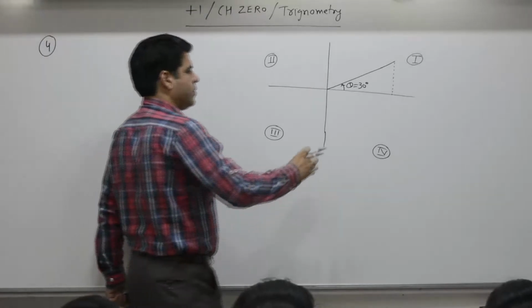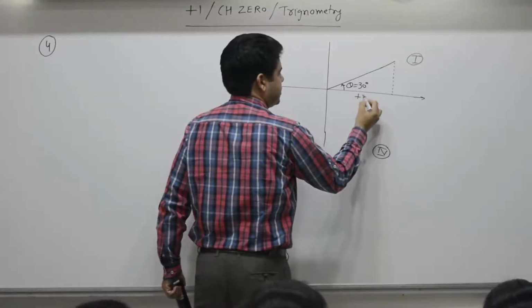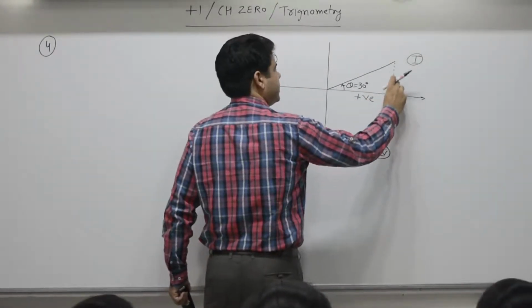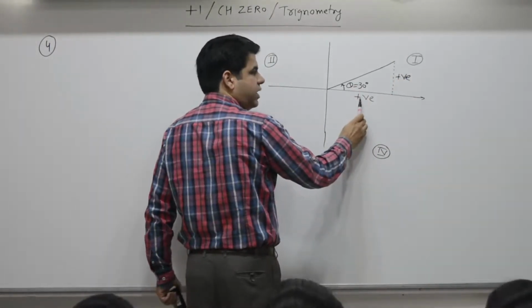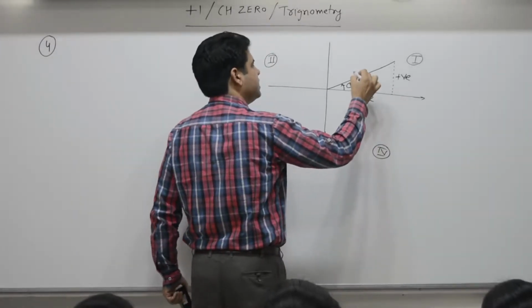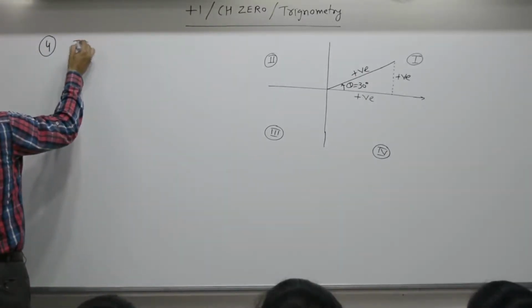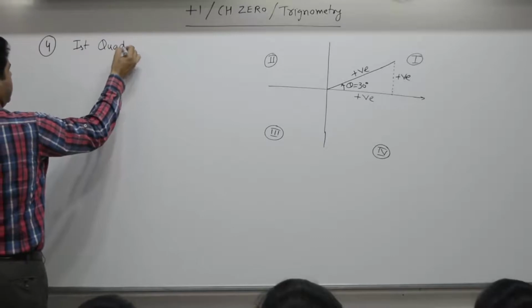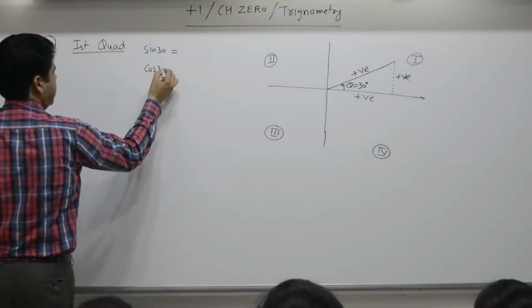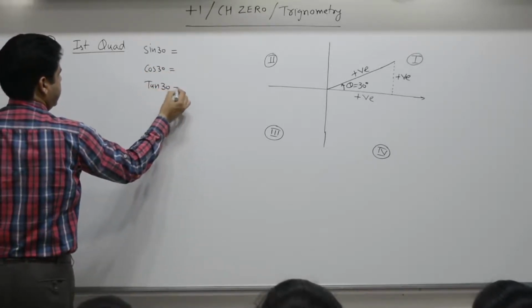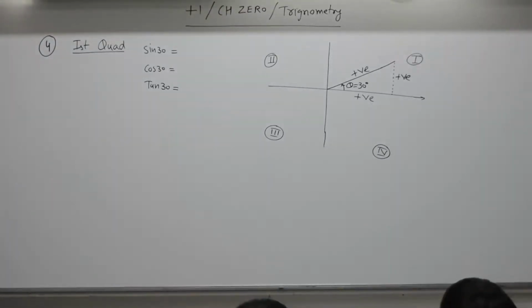If it is 30 degree, then this is the positive x-axis, am I right? This is positive. From this point onwards, it is upwards, it is also positive. This is always positive. This square, positive square plus a positive square, under root, is positive. So, in the first quadrant, we will write one value: sine 30, cos 30 and tangent 30. Draw the diagram, write the values. First quadrant.